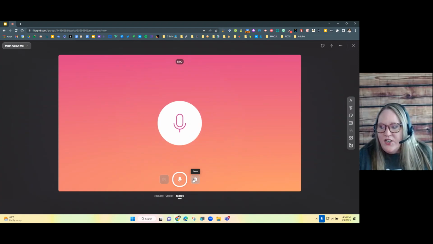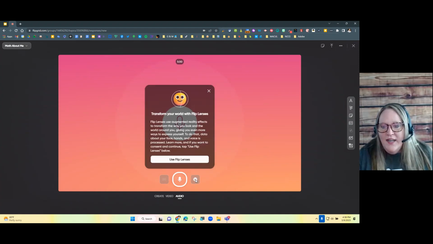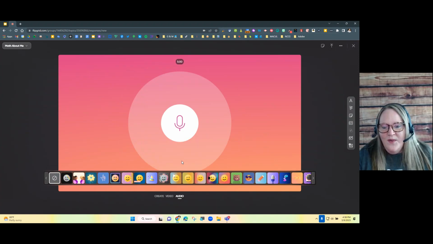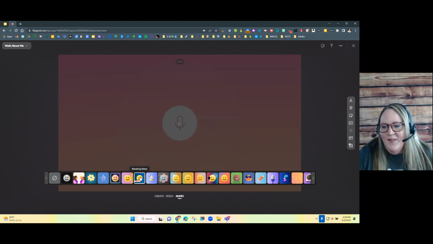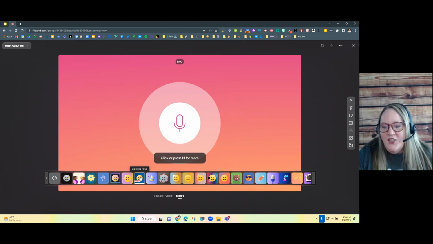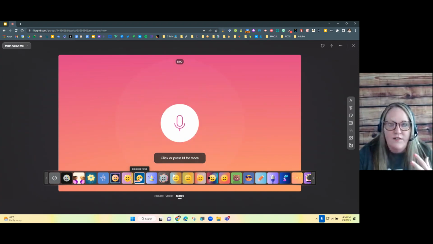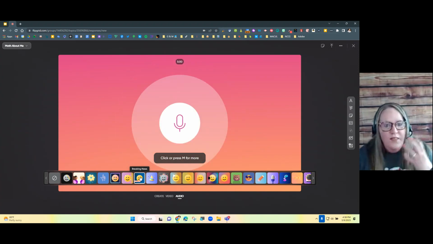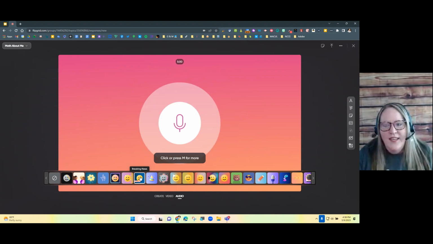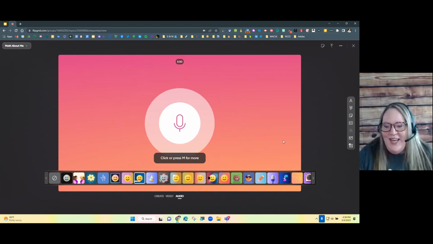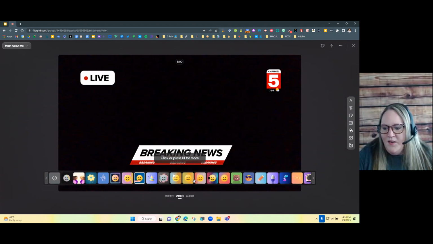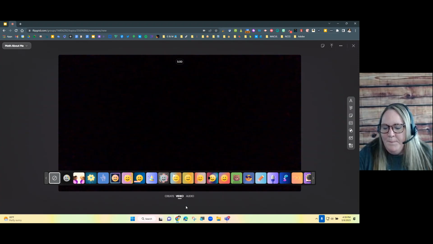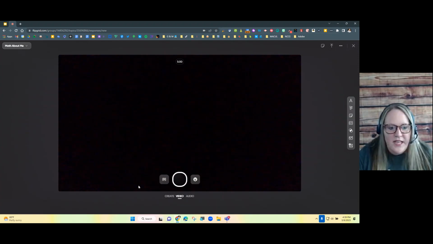They can still bring in stickers. They can add what's called a lens. Oh, it's probably not going to work though. Let's see. So if you use lenses, this is pretty neat. What it's going to do is show the lens on the screen, sometimes overlaid over the student face, and it follows. So even if you move, the lens is going to stay covering that student's face. There's no face on here, so we can't use that. Let's go back to this one right here. Let's turn that one off. I don't want to do a lens right now. Okay. There we go. So I'm going to stick to video.